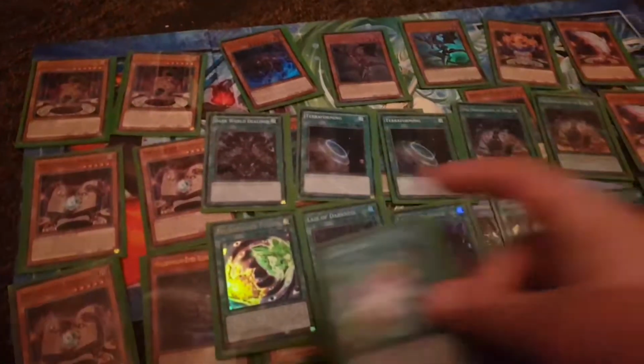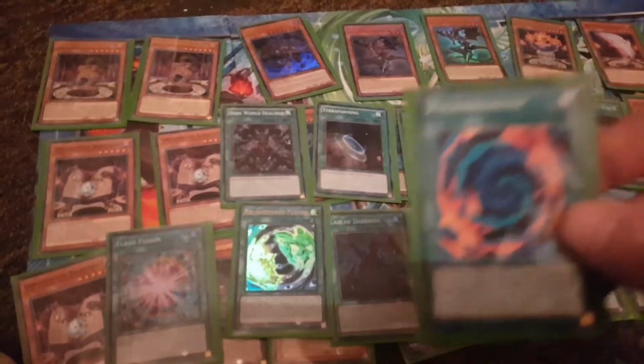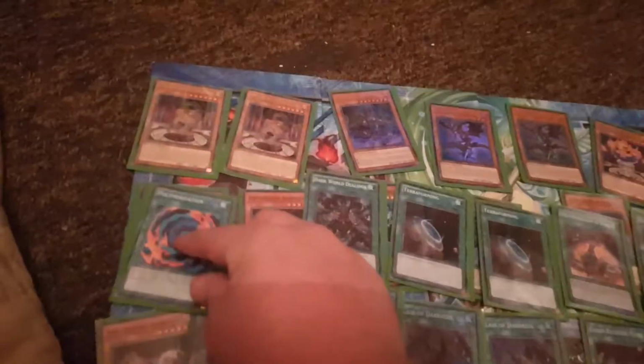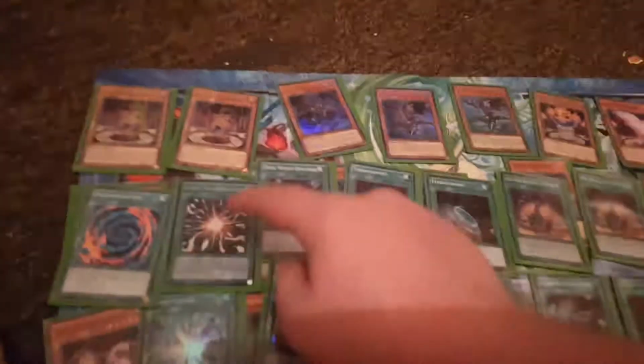One Flash Fusion for Starving Venom to destroy, to nuke. One normal Polymerization, and the last one for the fusion lineup is one Super Polymerization. So I only run four different methods